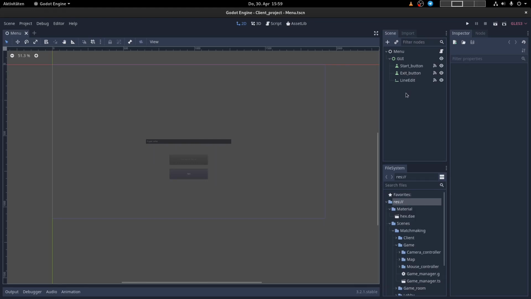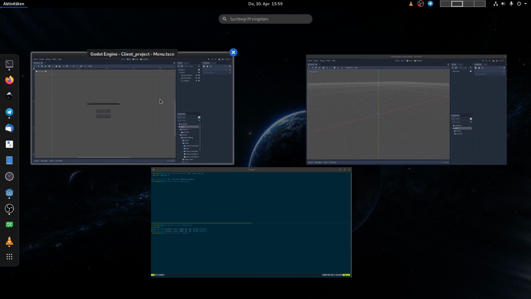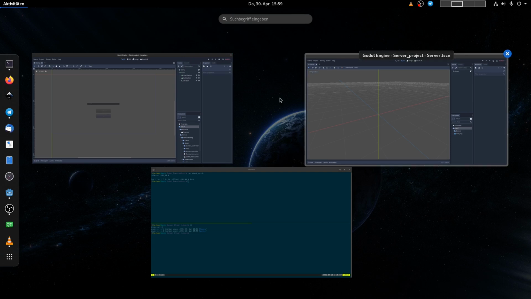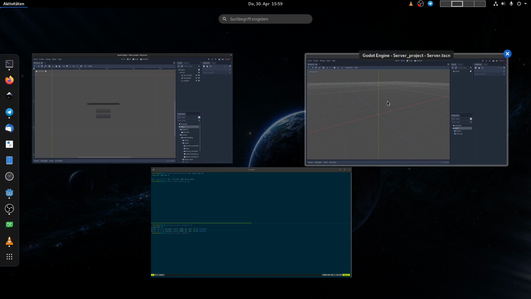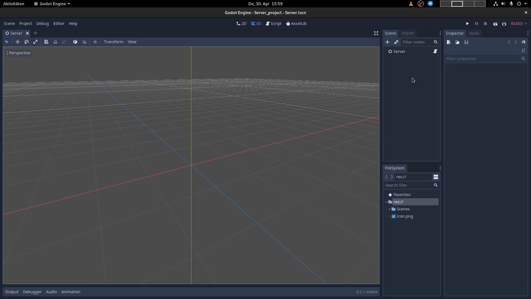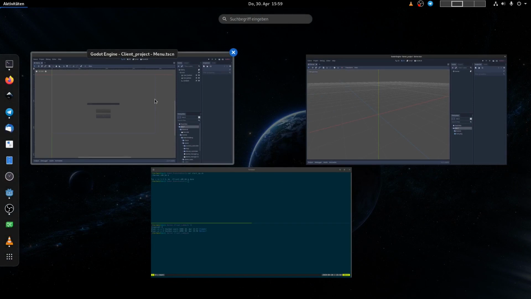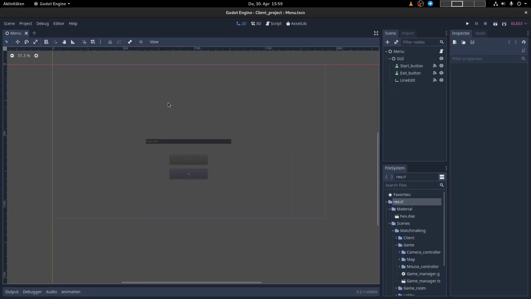Hello everyone, I created a client server project with two Godot projects. I created a client project and a server project, and you will run the server on a single instance. So the server is running and you could run multiple instances of the clients, so they will connect to the